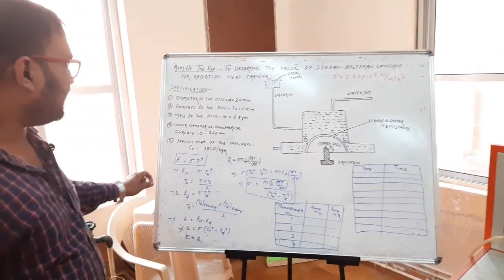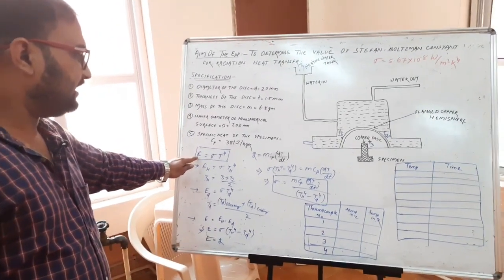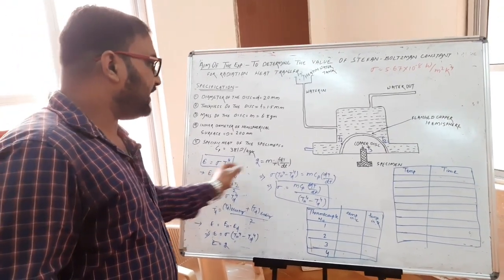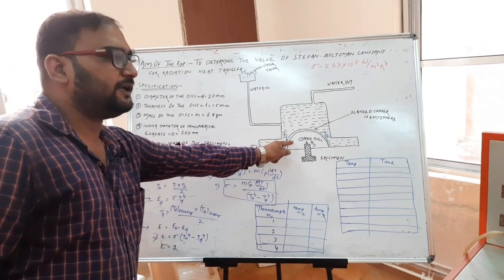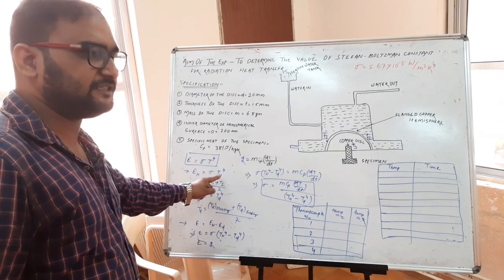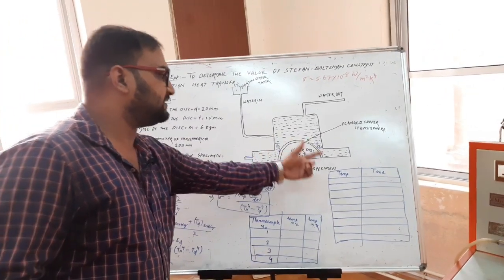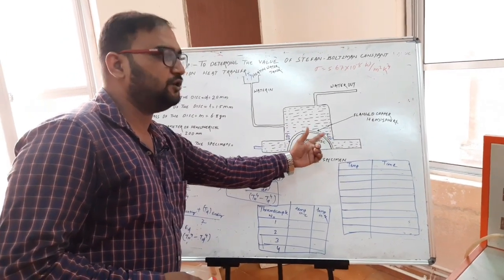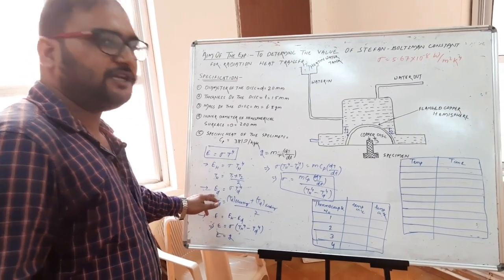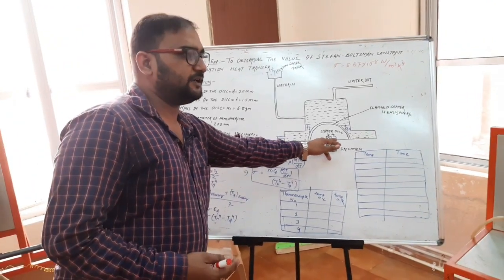As per the Stefan-Boltzmann law, E is equal to sigma times T to the power 4. Moving to the hemisphere case, the amount of heat radiated from the hemisphere, EH, is equal to sigma times TH to the power 4. What is TH? TH is equal to the average temperature of the hemisphere, that means T1 plus T2 divided by 2. So what is ED actually? ED means the radiated heat energy from the copper dish.